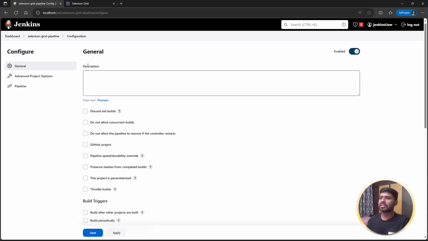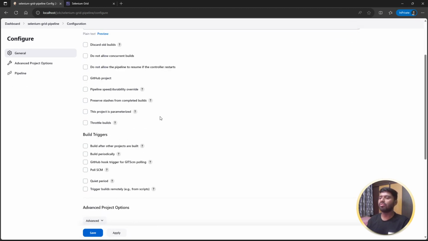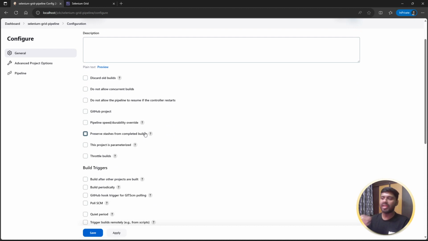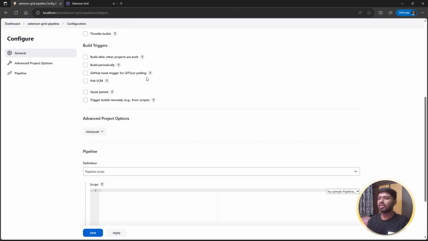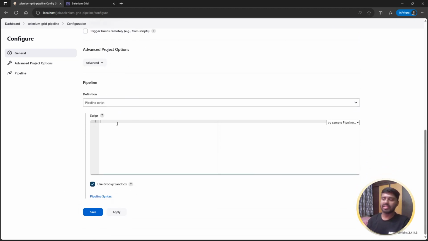Once we get into this configuration page, we do not need to mention anything unless we need certain customizations. Instead, we just want to focus on this pipeline segment. Here you can see the definition drop down saying pipeline script. There are two things: one is the declarative or external pipeline, the second is the internal pipeline. In the internal pipeline, whatever Groovy scripting we have written in our Jenkins file, the same thing we can define within this editor. The purpose is actually the same, but